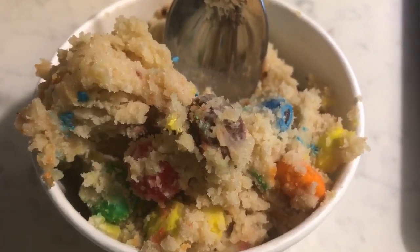So just enjoying an evening at home with Grubhub. As you know, we used to live in Denver, not even that long ago, and I happened to find on Grubhub this cookie dough place that would deliver. You could pick a size, pick the kind of cookie dough, and I'll show you the cookie dough in a second. I just love cookie dough. As you saw in one of our last videos, we went to Wonderland Cookie Company in Celebration, and this is just as good, though not the same flavors, which is fine. They have M&M cookie dough, which is my favorite if you didn't know. M&M anything, M&M cookies, so good. So I am enjoying a